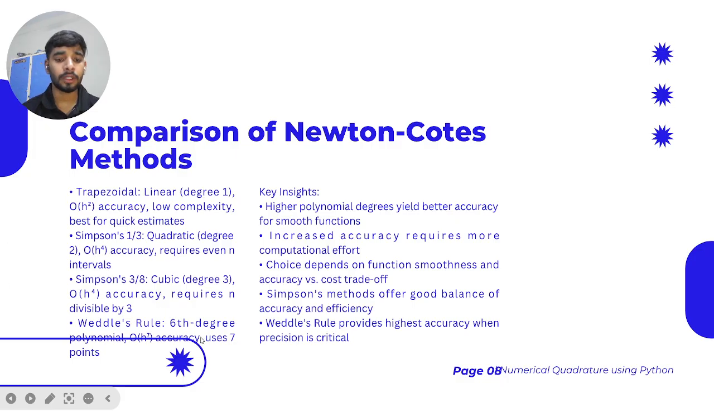Now, Weddle's rule is sixth order polynomial, order of h to the power 7 accuracy, and uses 7 points. The insights are: higher polynomial degree gives better accuracy for a smooth function. Increased accuracy requires more computational effort. The choice depends on the function's smoothness and the accuracy versus cost trade-off. Simpson methods offer a good balance of accuracy and efficiency. Weddle's rule provides the highest accuracy